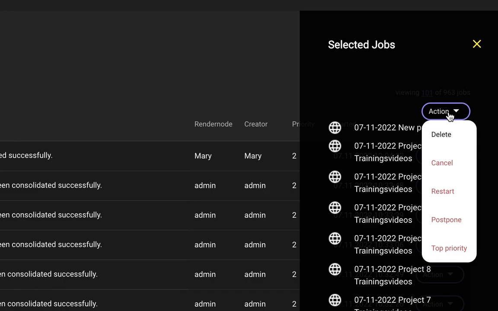Should a job be in queued mode, users with the appropriate permissions can set one or more jobs to top priority. This will override any priority defined by the profile and will put the job on top of the queue. When selecting postpone, the selected queued job will be moved to the last position in the queue. Jobs that have failed can be restarted by using the action button and selecting restart from the drop-down menu. Should any of these options show up in red, it means that the selected job or jobs are not eligible